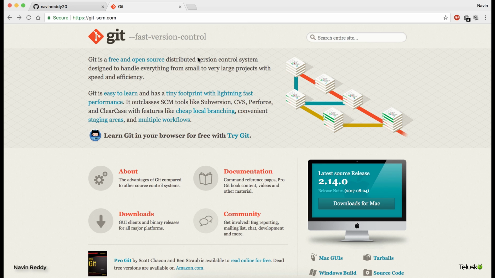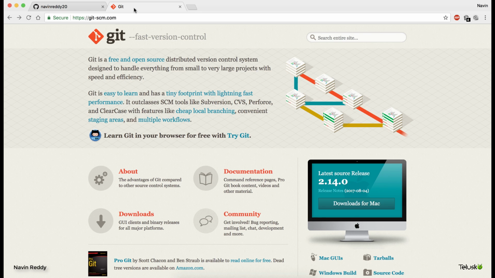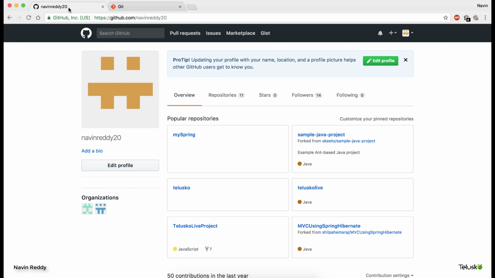Now, what things do we need here? First of all, you need Git in your system. In fact, in this video I'll be using Eclipse and STS. What you need is a GitHub account, of course, right? Git is basically a system, and if you want to use that system, you can use GitHub. It is one of the websites which you can use, and so you need an account. Again, it's a free account, don't worry. So you need a GitHub account.